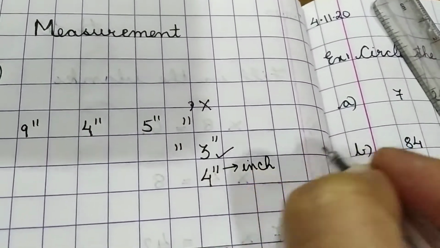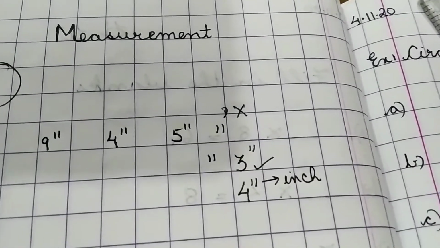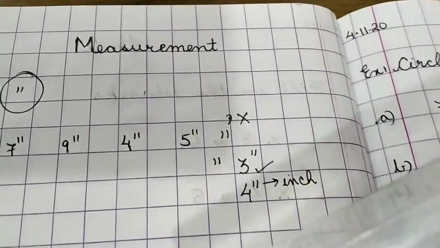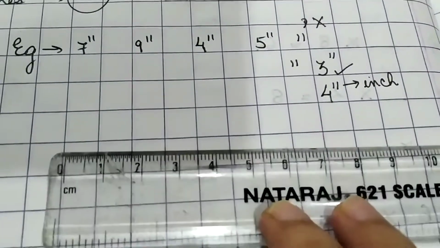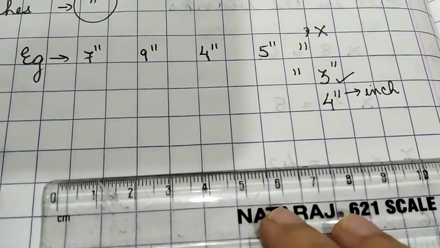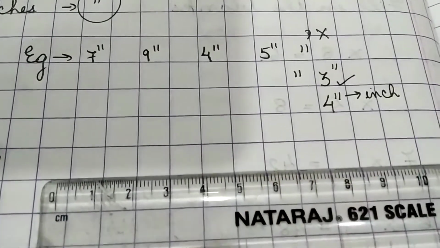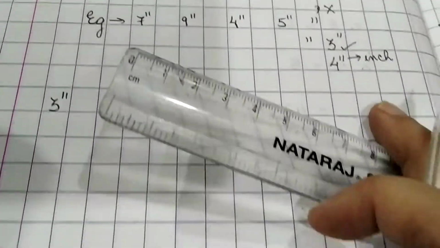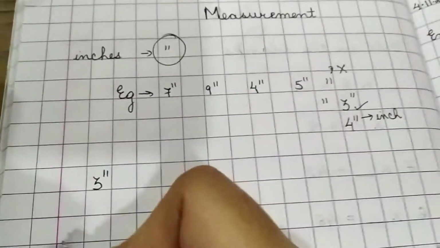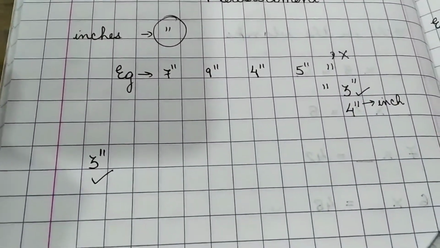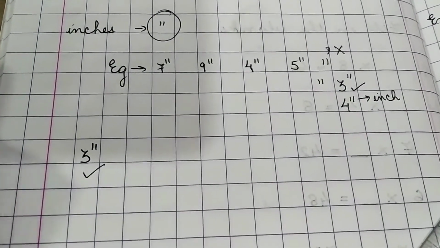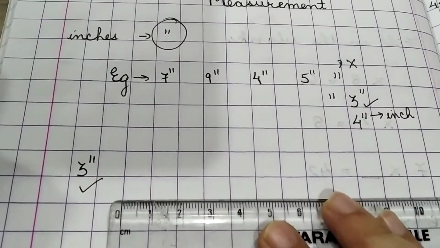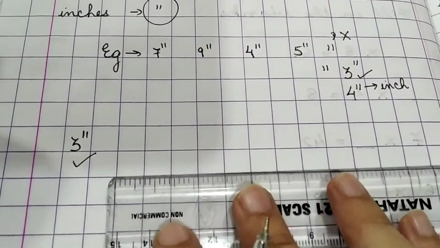Okay, now I am going to tell you how we are going to measure inches with the help of your ruler. First of all we will not place this ruler like this, because if we place it like that, then we are going to measure centimeters, but over here we are measuring inches today. So you are going to take your maths notebook. Now if the question is given that you have to measure 3 inches, how are we going to do that, children? Will you be placing your scale like that? No, this is the wrong way. You are going to flip your scale like this and put your scale on the mark over here.